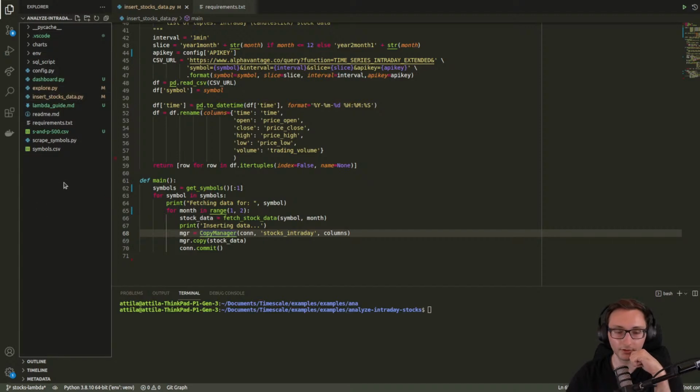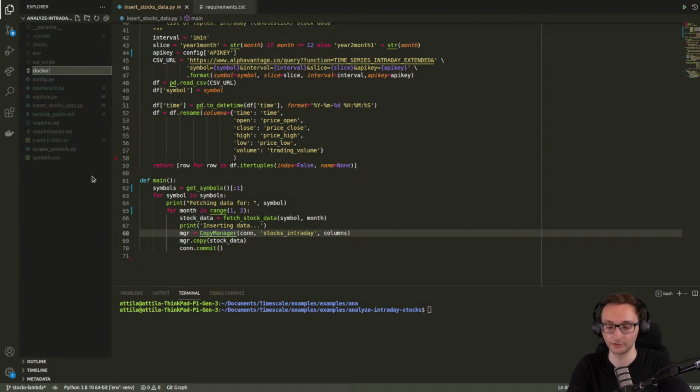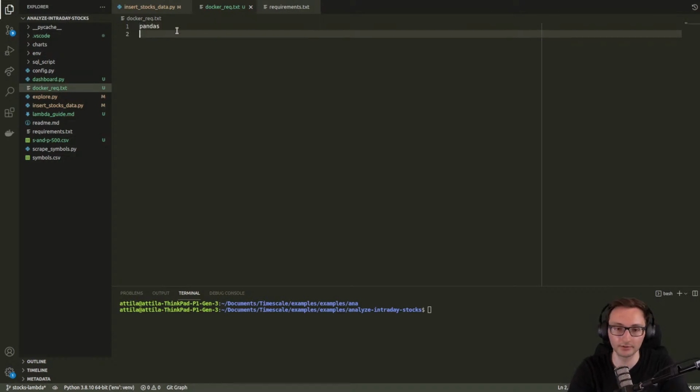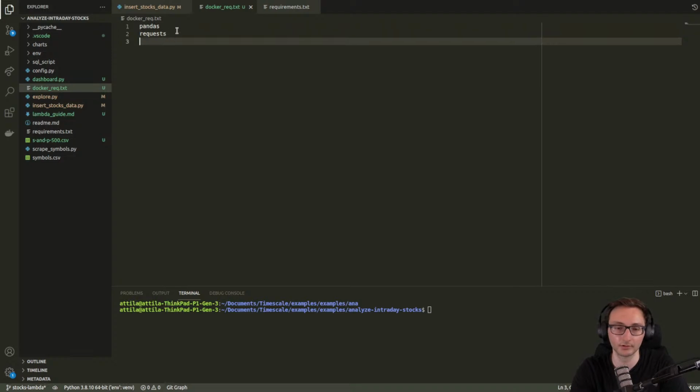So let's create a new requirements file. Let's just call it docker requirements.txt. So basically we will need pandas, we will need requests, and psycopg2. Now here, because we are using AWS Lambda,